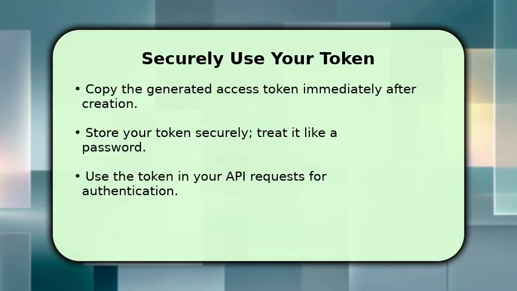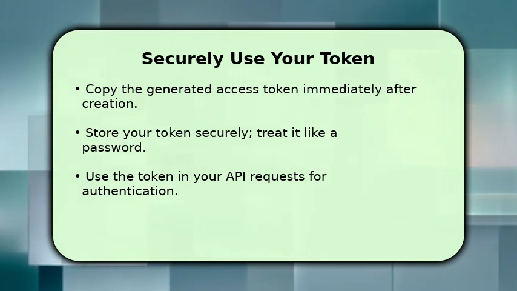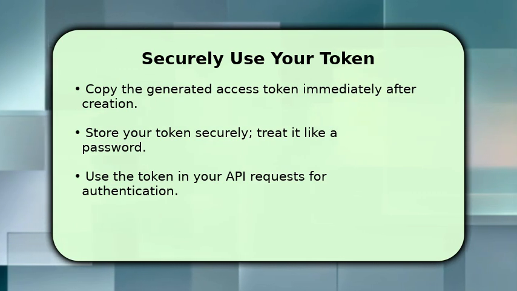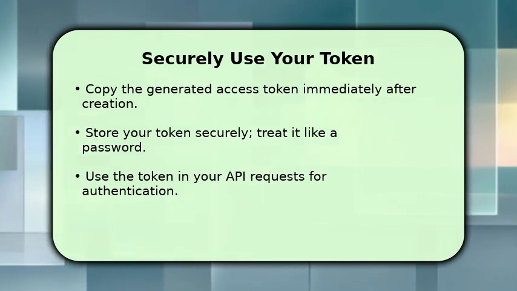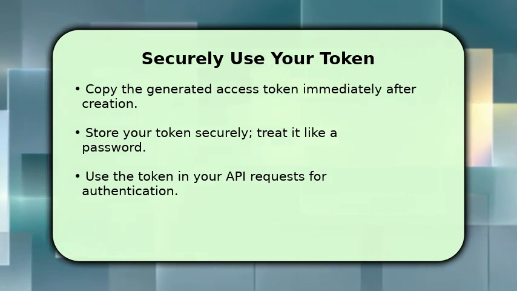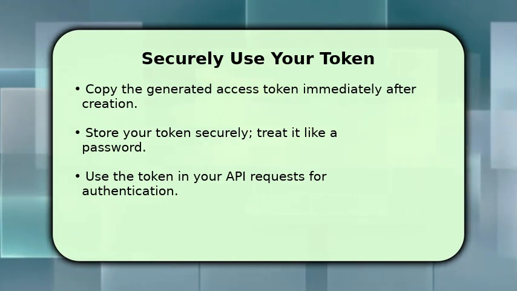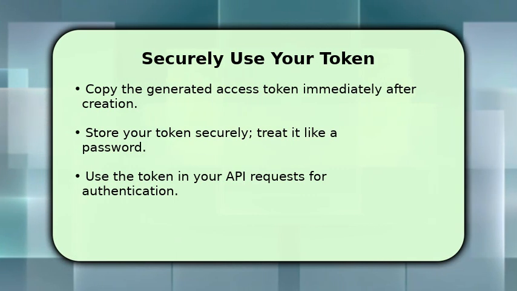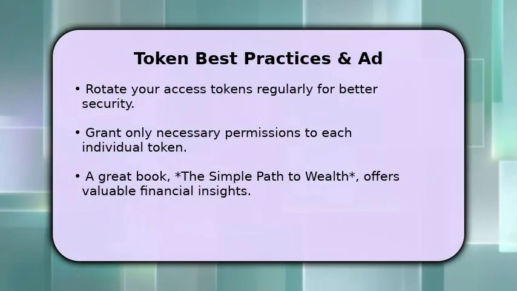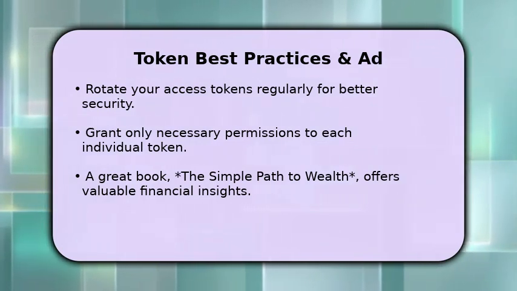Once your token is generated, it's crucial to copy it immediately. Figma will only show you the token once, so if you navigate away, you won't be able to retrieve it again. Treat this token like a password. Store it in a secure place, such as a password manager, to prevent unauthorized access. You will then use this token in the header of your API requests to authenticate your applications and scripts with Figma's services. For best practices, always rotate your access tokens regularly, perhaps every 30 or 90 days, to maintain strong